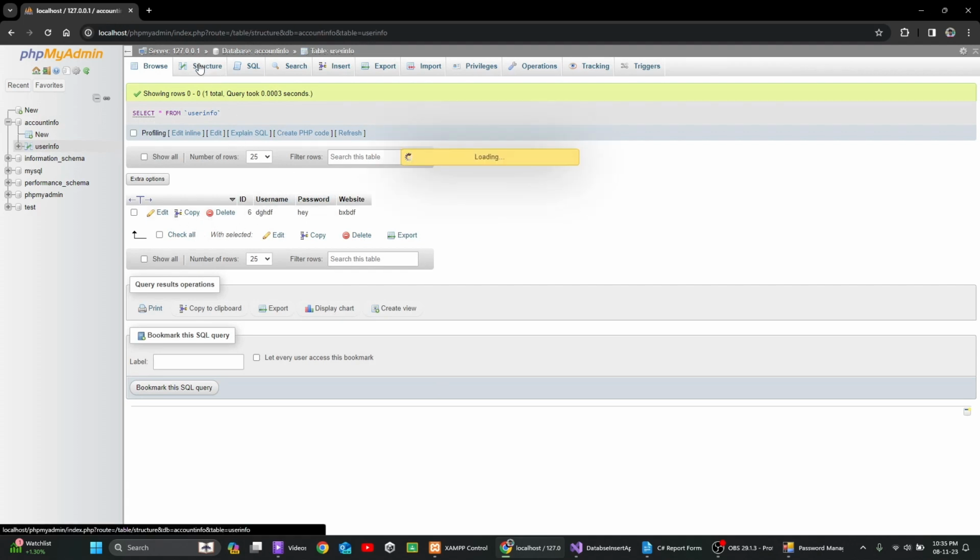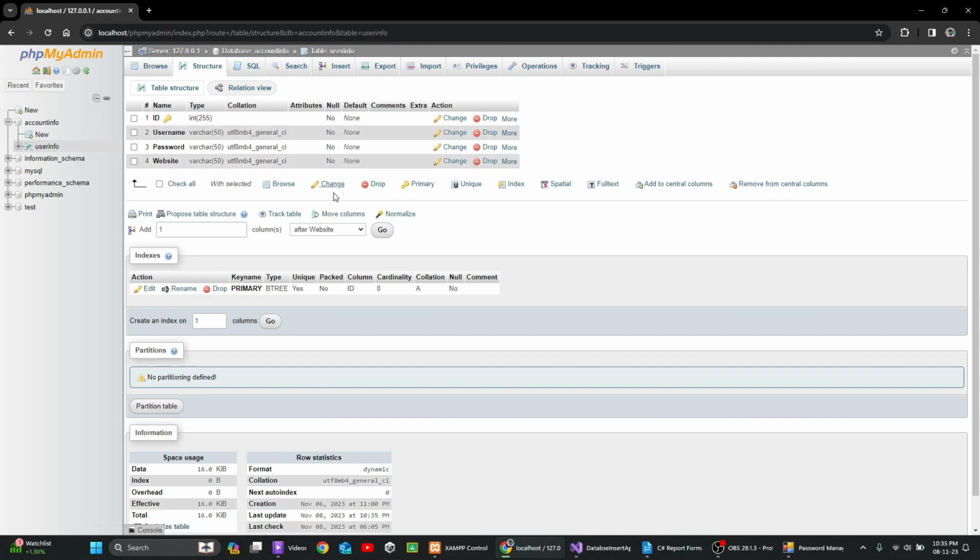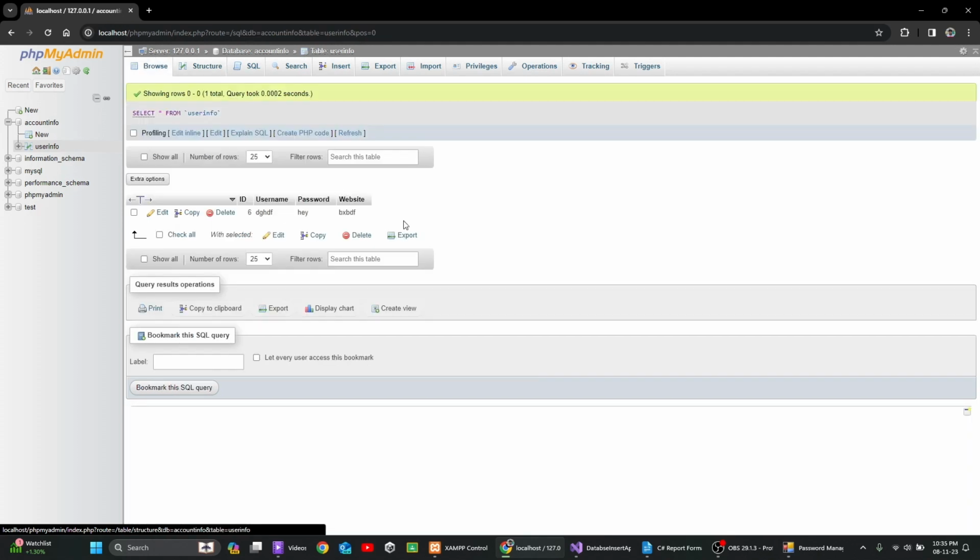Okay, this is the structure of the database. Let's see the items in this. Okay,